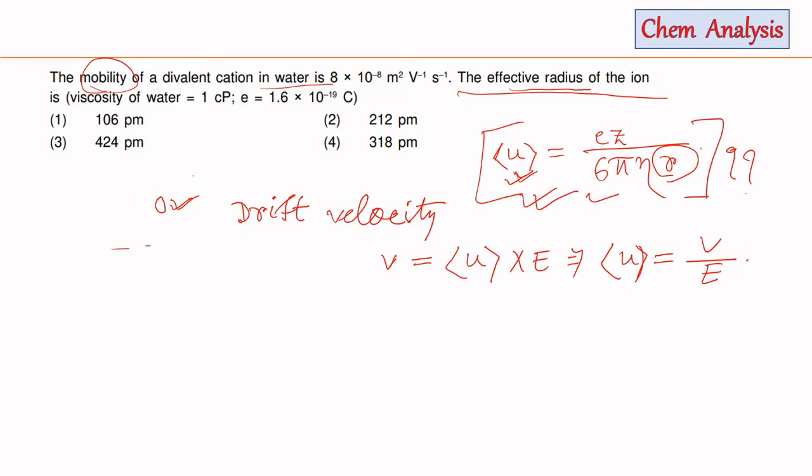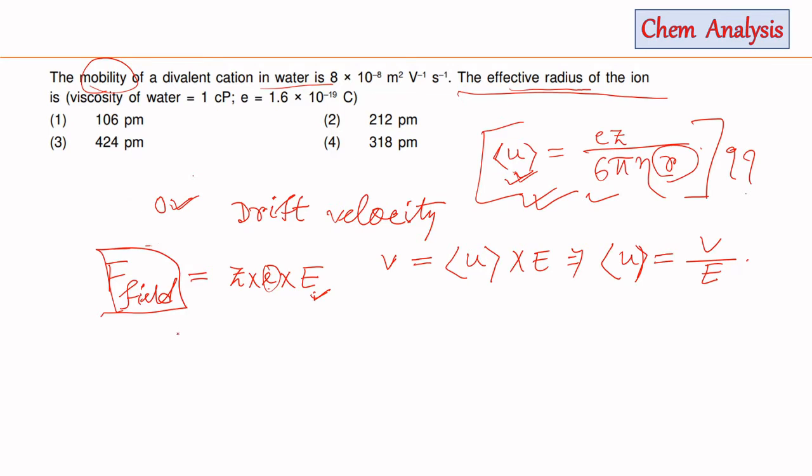Now when the ionic species moves in the viscous medium, two forces operate on that ion. One is the force generated due to the applied field. If the charge of the ionic species is Z and the applied electric field is E, then the force acting on that ion is equal to Z into e into capital E. Here small e is the charge of the electron.